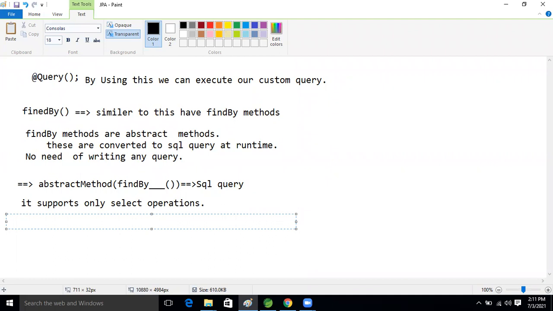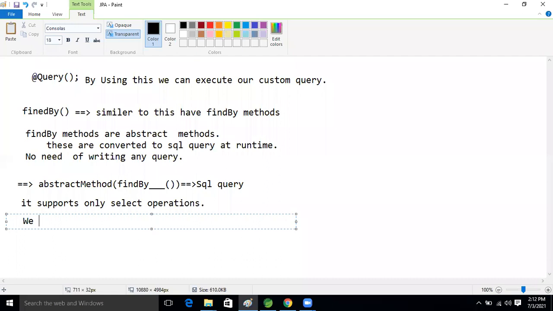This is an abstract method, and we know that whenever we write an interface or abstract method in Java, we need to follow rules and guidelines on how to write it. So let's see that.